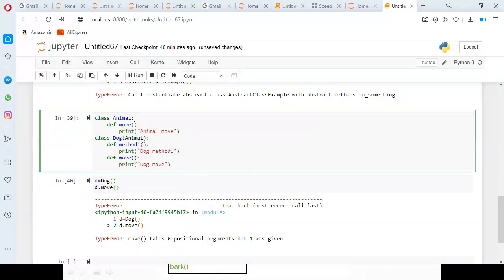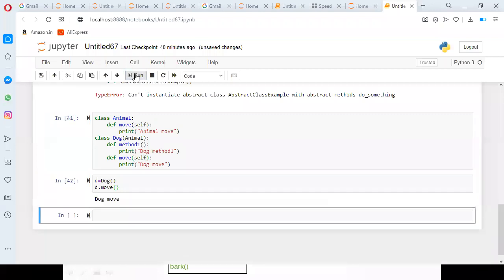Here self should be there. So: dog move. Why? Because it gives preference to its own class, the child, and after that it gives preference to animal.